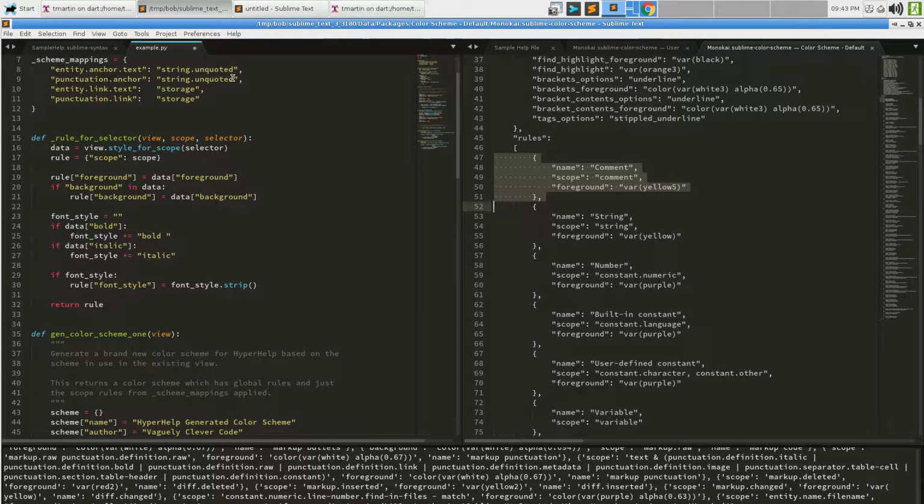This is the base scope. So essentially, we would look through trying to find string.unquoted in the scope. And when we find that, then we know this is the rule. And then we can just grab that foreground, background, and font_style key, depending if they're there or not. We could even pull in the name key if we want. What we would do is replace the scope with our version over here.